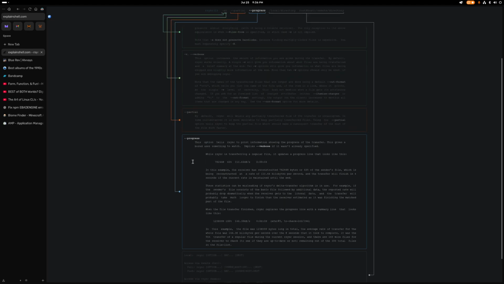And then you have progress, which is also part of the capital P. Basically, it just prints more information. It's even more verbose, basically. Whilst transferring, it gives you a progress line that looks like this. The first is the amount of bytes that have been reconstructed from the original file or copied over. 63% is the percentage of what's been transferred. And this is the transfer speed, or the rate, as they call it, the reconstruction rate. And then finally, this is the estimated time it will take to finish